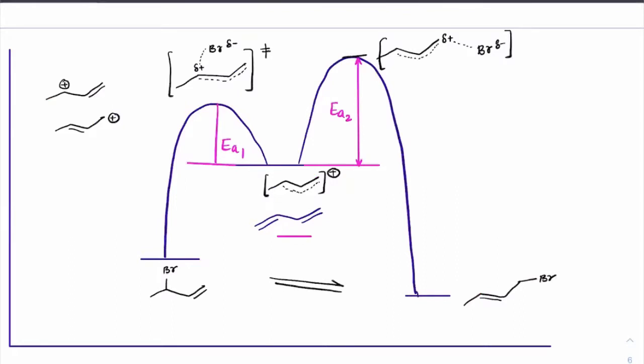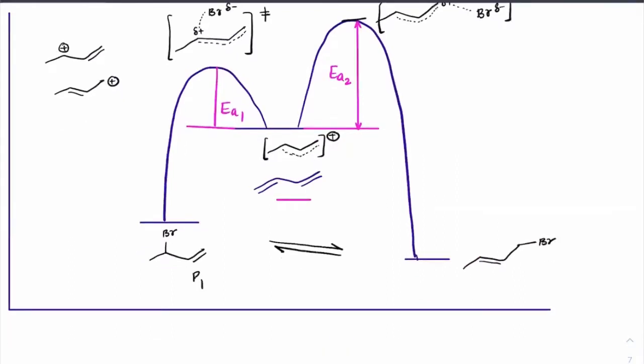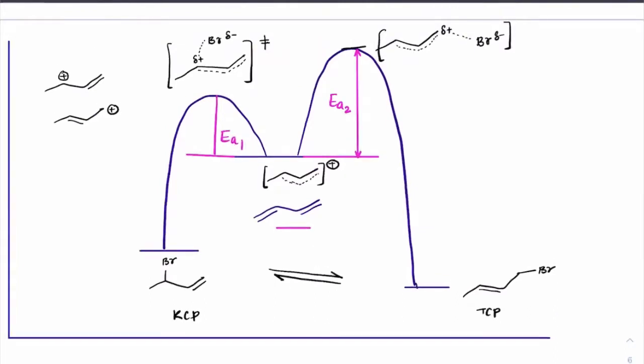That is what we have learned, right? So this product 1 and product 2, I'll write KCP and TCP. This KCP and TCP product will always be in equilibrium with each other. Now listen up guys, when it is a slow reaction, when a reaction is operated at low temperature, for every reactant, they always try to choose a path where they require less energy. Why? Because it is like this.